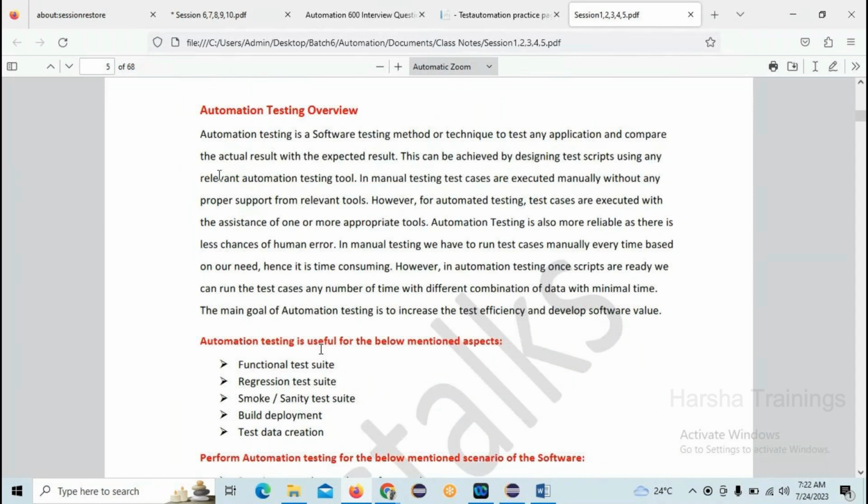Please concentrate carefully. Automation testing is a software testing method or technique to test any application and compare the actual results with the expected result. So here, when we test manually, we already know the expected one and we have to check it